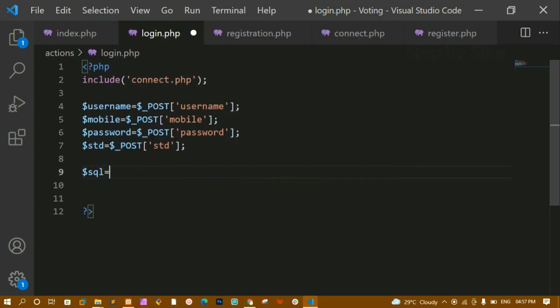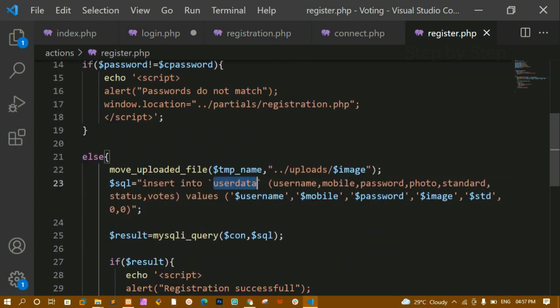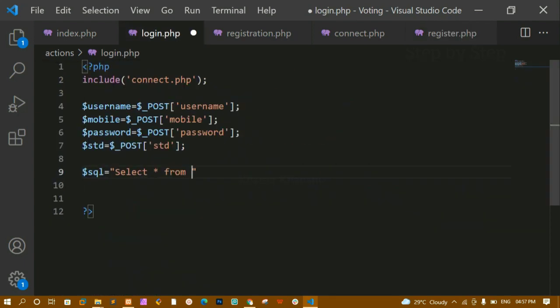I'll just write here SQL, and inside this I'm just going to write here select star from. Okay, I want to select all the data from my table name. Okay, my table name is this one, user data. I'll just copy this one, and here I'm just going to paste that one. Select star from user data, and here I'm just going to pass one condition where my username,